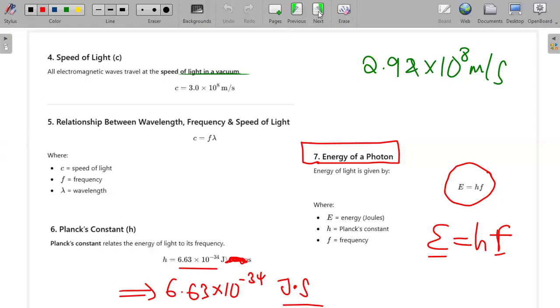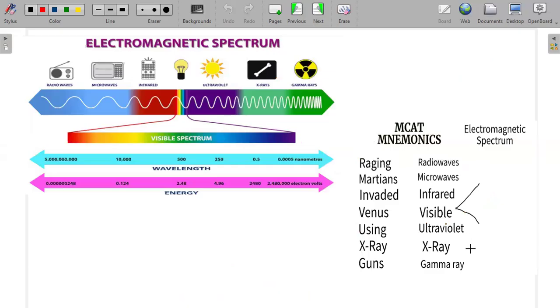All right, so if there are no questions, let's move to the next thing that we'll talk about, which is the electromagnetic spectrum. I've seen a lot of questions concerning the electromagnetic spectrum, so I'm going to explain the important concept that you should have in your mind. The electromagnetic spectrum, as we said, is just a spectrum that contains electromagnetic waves,